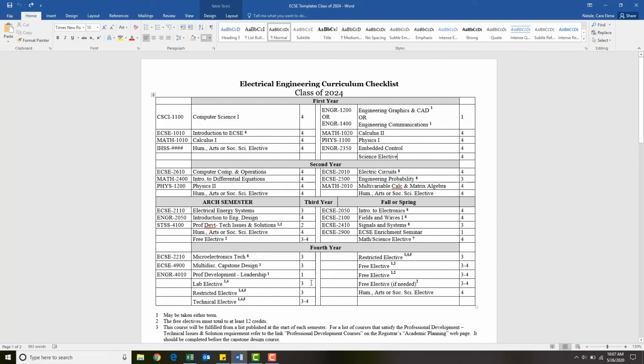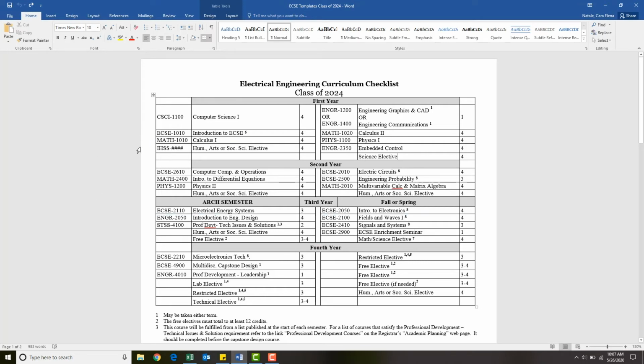So given all of these different options, how do we make our schedule for fall? Basically, the way I always advise is we make a primary plan, which are the things that we are hoping to get if everything goes our way, but we're also going to identify backup options. So if something is full or the time slots for some classes just aren't playing well together, we know what we can move to. So first things first, if you have any credits of some sort coming in, make sure to cross those off on the template.